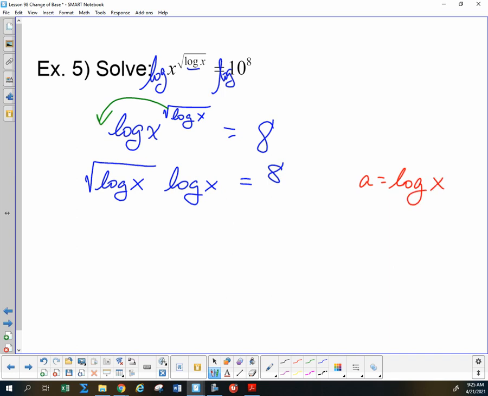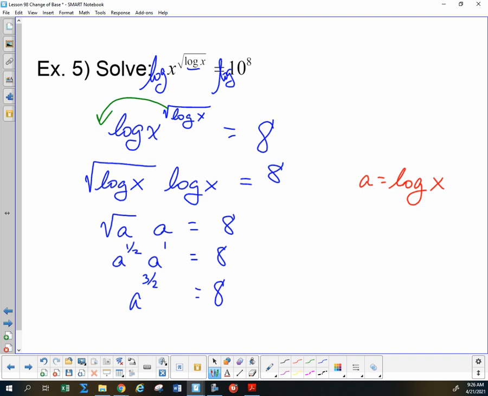Any letter that I haven't already used, so I'll stick with the a. And now I'm looking at the square root of a times a whole a equals 8. And let's see, if I wanted to, I think I could combine those exponents, right? What would I get? Everybody, let's shout it out. 8 of what? I'd have a to the 3 halves